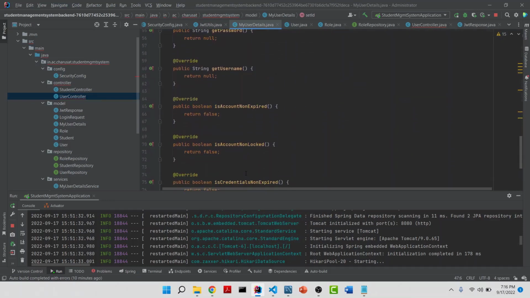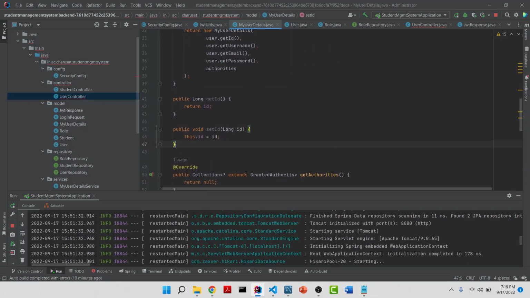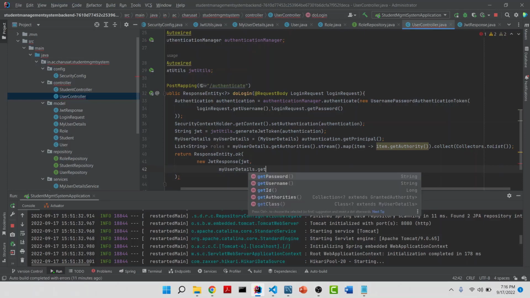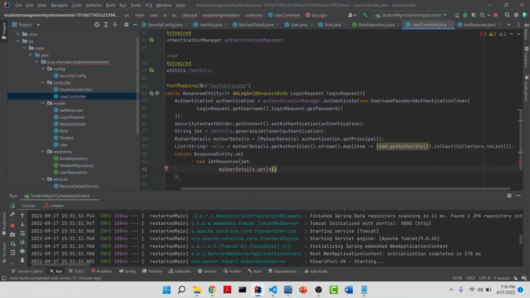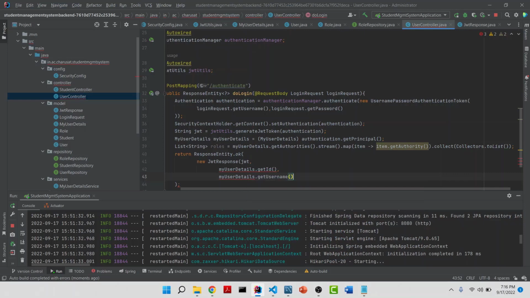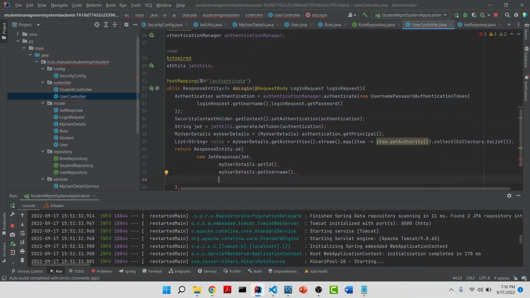Okay, now let's go back to the user controller, and getId is there. Comma, myUserDetails.username, comma, myUserDetail.get